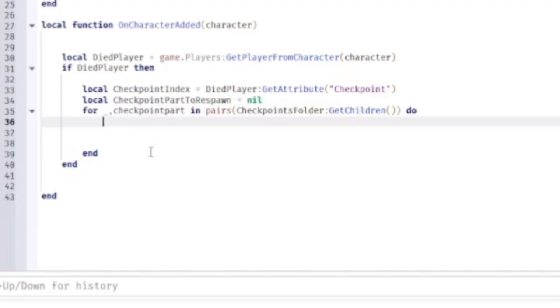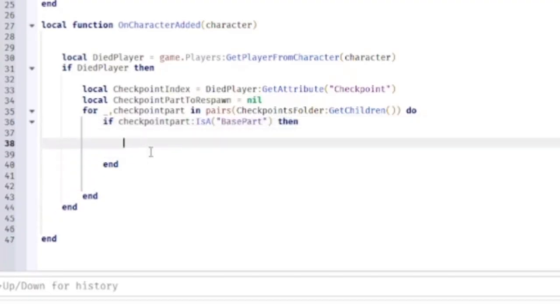But before that, we also have to check if the checkpoint part is a BasePart. And after checking that, we're going to check if the index value of either of these parts is equal to the checkpoint index of the died player. So how do we do that? We first type it like this: if checkpointPart.Index.Value equals the checkpointIndex,